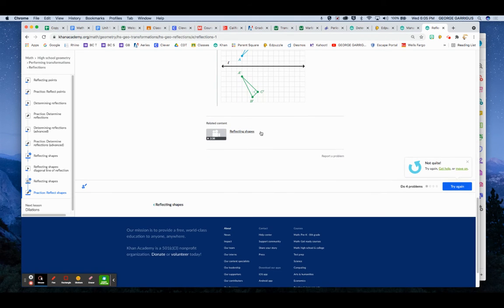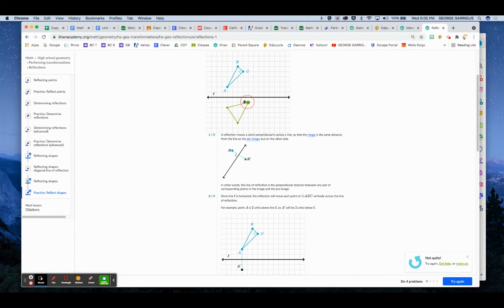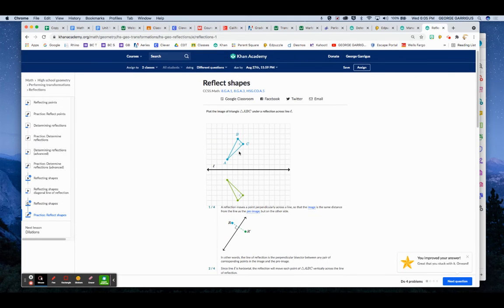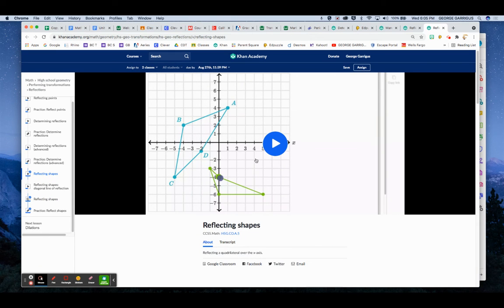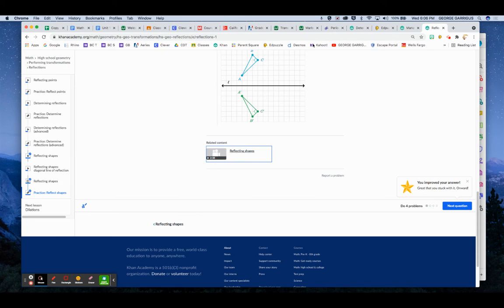Now they're going to get it wrong. I would have to set it in the right position, and when they get it right, they're going to get a little beeping sound. And I'm going to try to get this right on there. Try that. Let's see how close I can. And they'll get a little buzz like that. So they need to finish all their assignments. There's also support videos in there that if they still don't get it, it'll take them right to the video, and they can click on it. And the tutor will go right through and tell them exactly what they need to learn. So we can see the entire coordinate axis. So that's our Khan program.